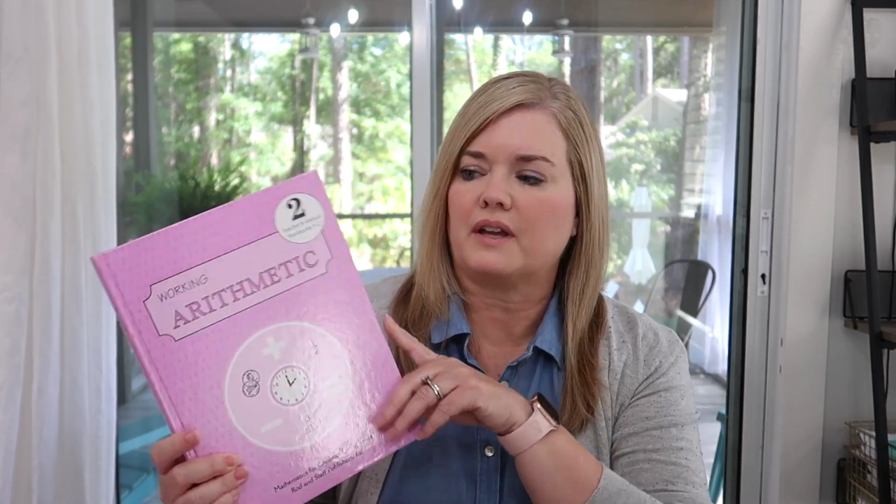But if you have a child that's moving more quickly, you could easily skip a few lessons and move on to the next new thing. I would say that this is definitely a spiral math curriculum because concepts that are introduced do come back. Each worksheet will have the new thing that you're working on, and then it'll have some review stuff. So the way this math program works is there is a teacher book,